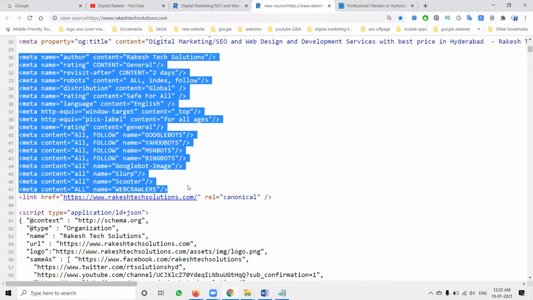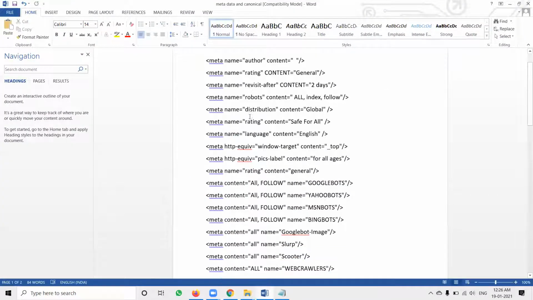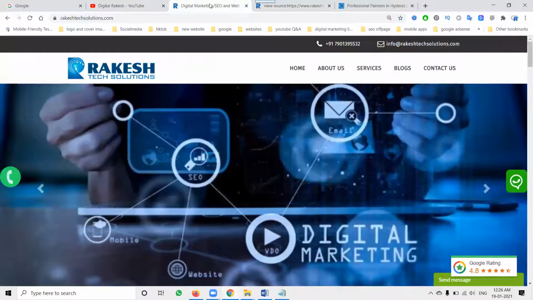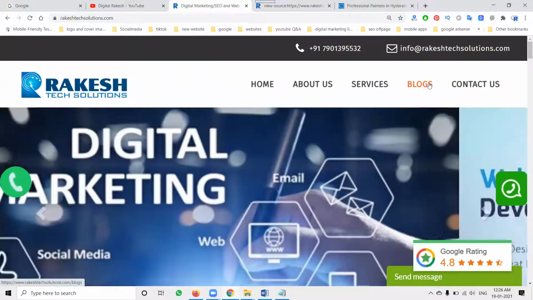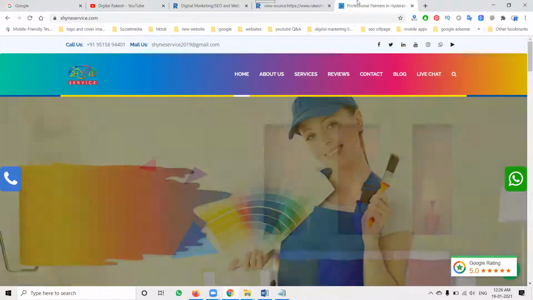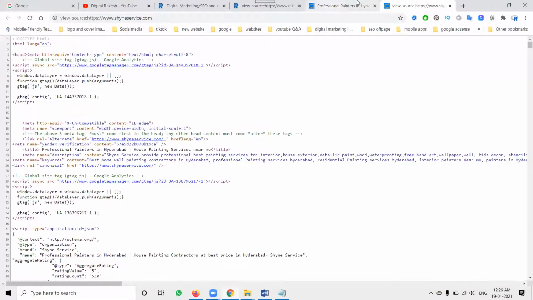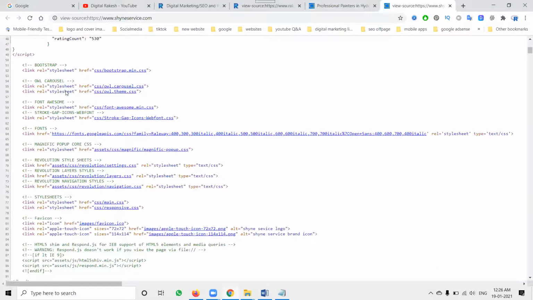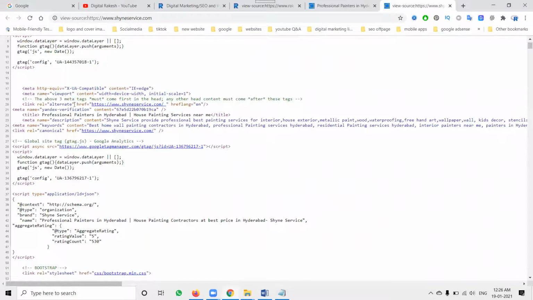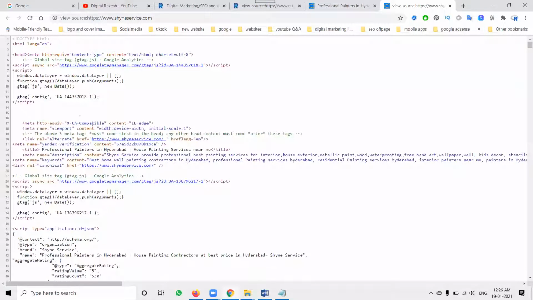So this is how they scroll all the content we update on the particular website. This content is always available in my documentation; you can go to the blogs and copy it from the blog option. Here I'm selecting one website, pressing Control U. Here they haven't updated it: along with the title, description, and keyword, meta tags are missing. So this is a major key point: adding the meta tags.